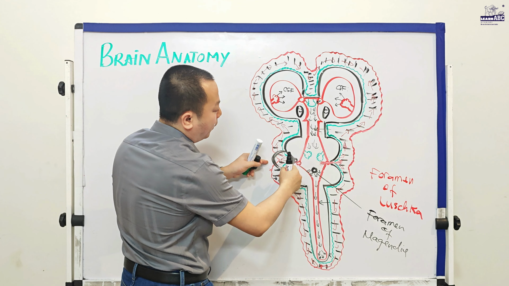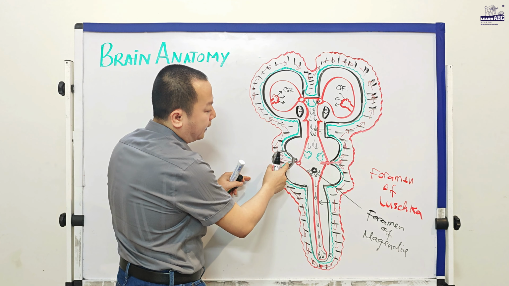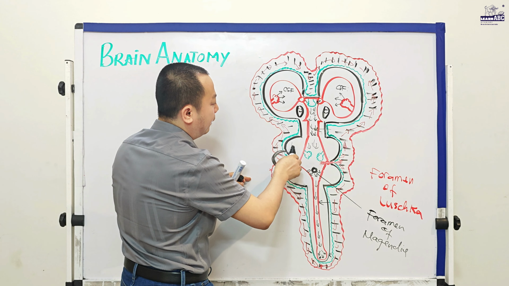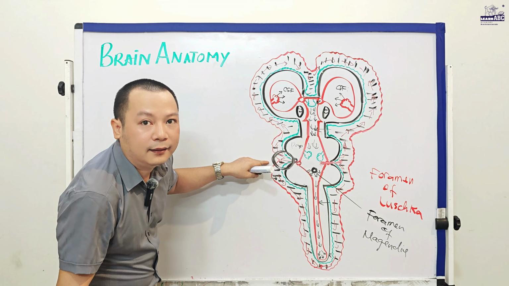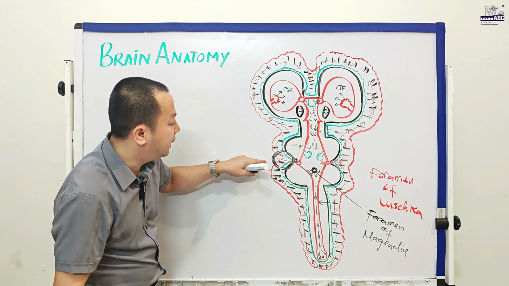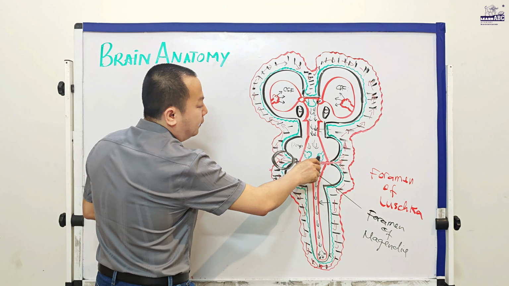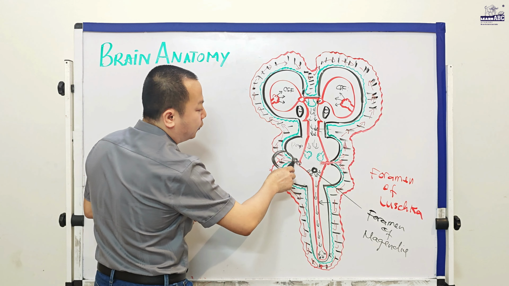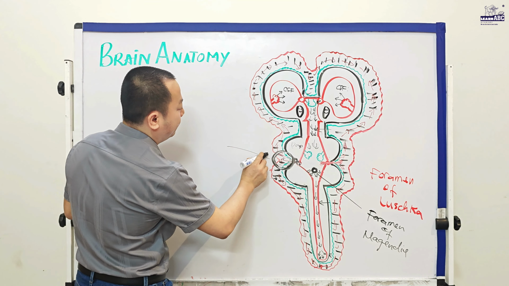But at this point, this is the junction between the cerebral hemisphere and the pons. Here is the pons, right? And there is a very big space here, a very big cavity. So this cavity is where the CSF moves out through this point, and this space we call